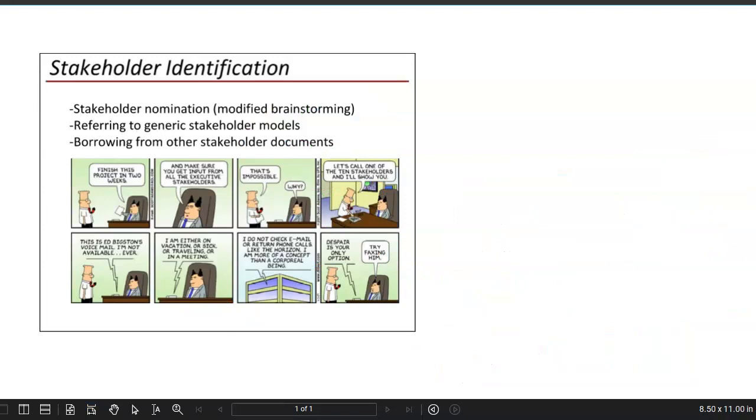A third technique that we'll use is document analysis. In a document analysis approach, I'll assign a team member or a couple of team members, in advance of our brainstorming meeting, to take a look at already existing documents to see if stakeholder lists have already been created. Why reinvent the wheel? Let's borrow from an already created list. Some of those documents that contain stakeholder lists that might be useful include